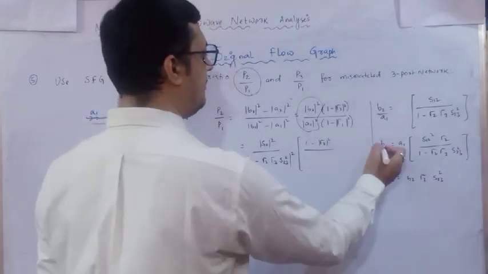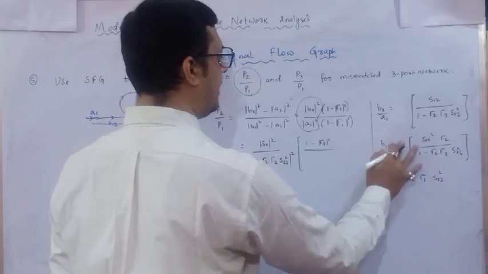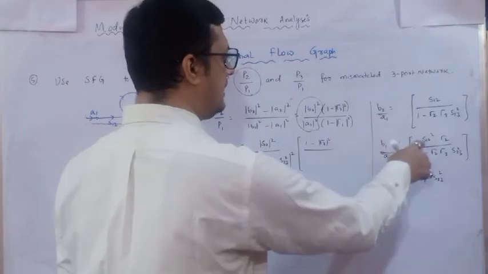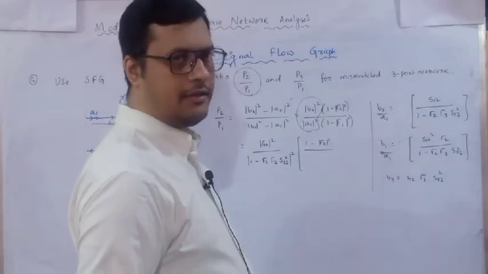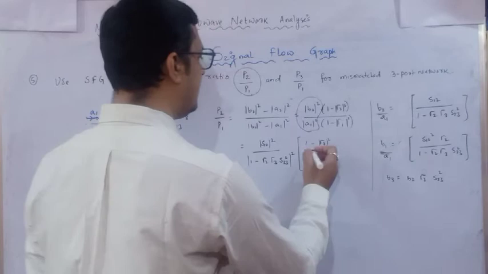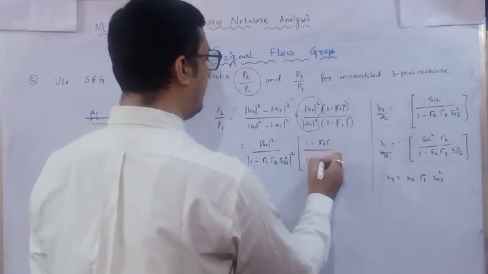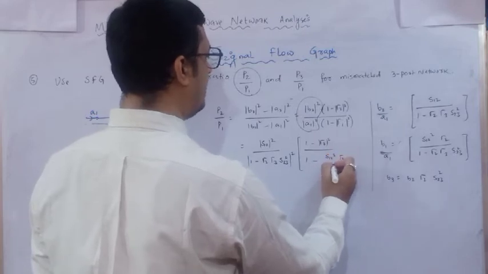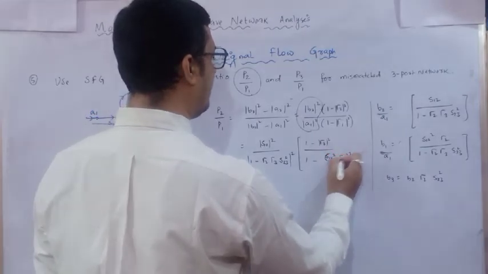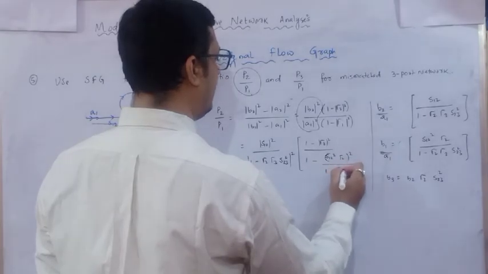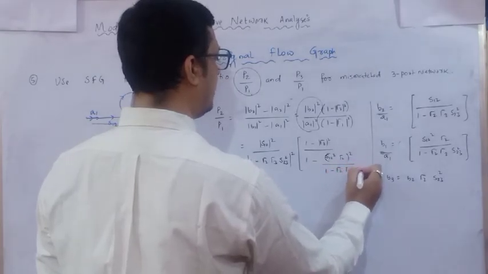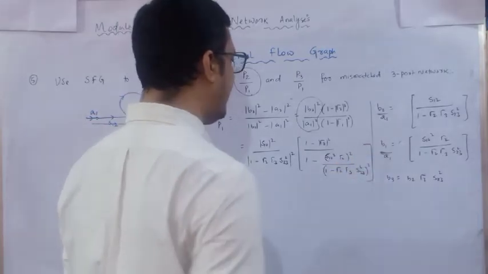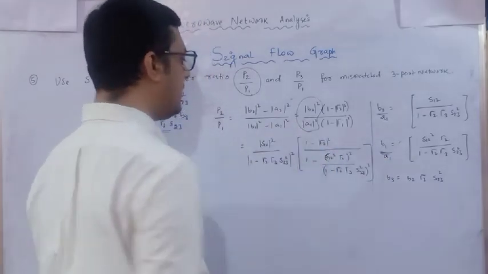So reflection coefficient 1 square, you can see, if I take A1 to the denominator here, this is nothing but eta 1. And what is the eta 1 value? S12 square reflection coefficient 2 divided by this. So I will substitute here: 1 minus S12 square reflection coefficient 2 square, divided by 1 minus reflection coefficient 2, reflection coefficient 3, S23 square, this whole square. So like this I can represent. This is the simple relation.